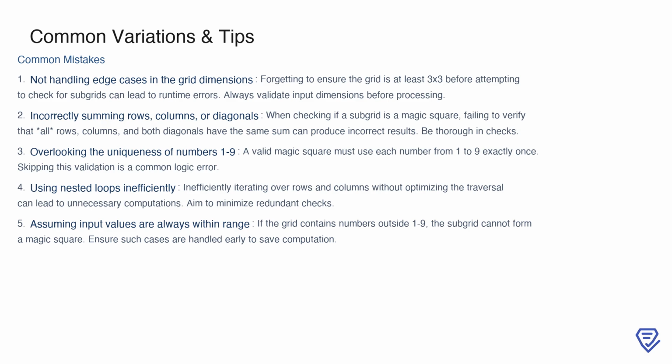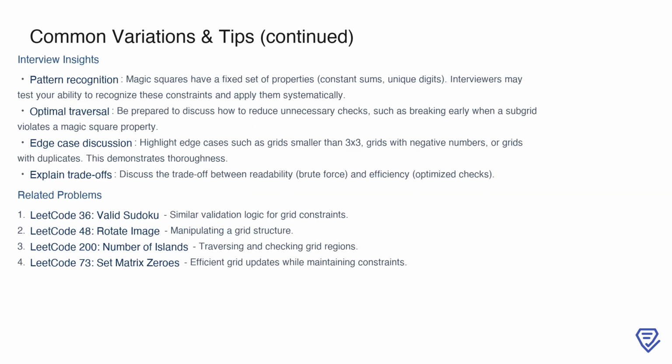Now, let's discuss some insights that are particularly useful in interviews. Recognizing patterns is key. Magic squares are defined by properties like constant sums and the use of unique digits. Demonstrating your ability to identify and systematically apply these constraints is often what interviewers are looking for. Optimal traversal is another important point. For example, you can highlight how breaking early when a subgrid fails a property can reduce unnecessary checks and improve